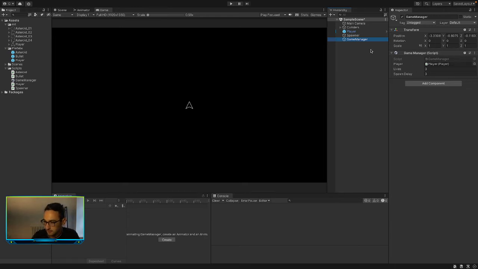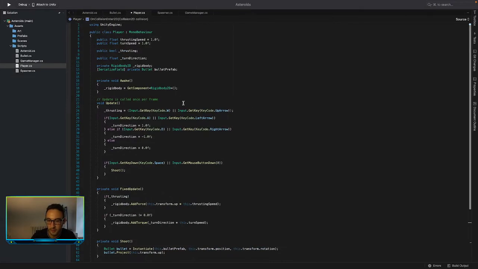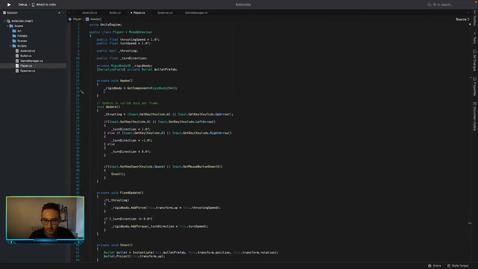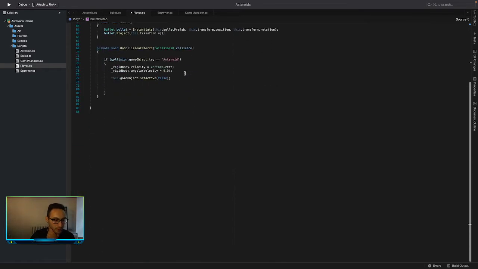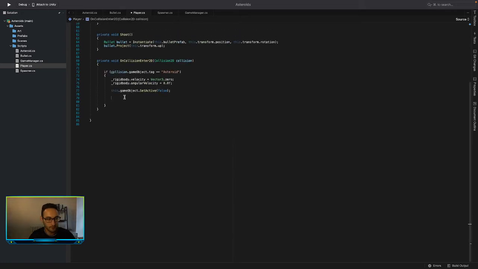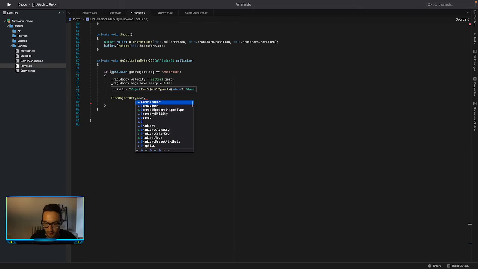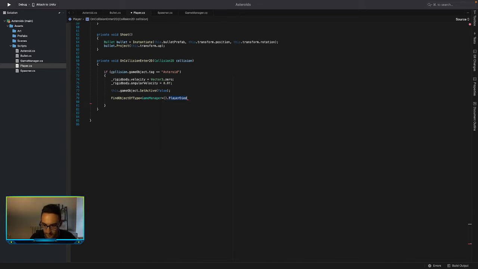That should be fine. So now what else we need to do is, on awake, we need to go and set a reference. There is a different way you could do this. You could, in here, say find object of type with game manager, and then after that simply say player died. So that is one way you could do that, but obviously that is not the best way,